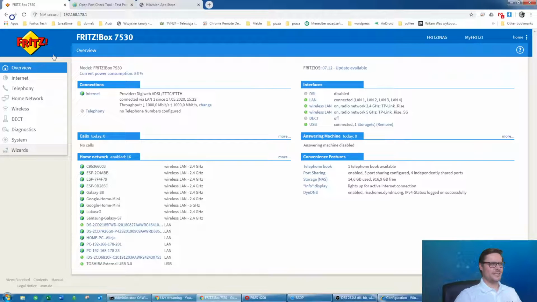But now when we look at the modem, this is our main modem page overview. Most of the modems, the layout is really similar, and the rules are always the same. The principles of opening ports are the same. So we need to know the IP address of your device on the local network that you'd like to open the ports for, but also the port number. Like I mentioned at the beginning, our ports for a Hikvision device by default are 8000, 80 and 554. So it would be enough to open 80 and 8000,